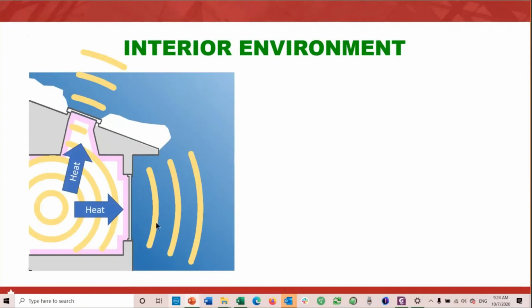And if we ever wonder how much heat is going out that way, just get close to your window, especially your older windows, and you'll notice that in older windows, you're much less comfortable beside the window than the wall. You can feel the difference as your skin is close to the product, and you can tell that heat is being lost here. With higher performance products, especially triple glazed windows with several low E coatings, you can feel as comfortable beside the window as you do beside the wall.